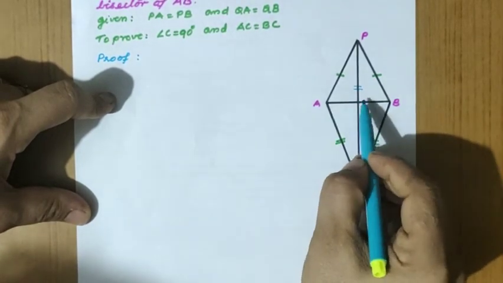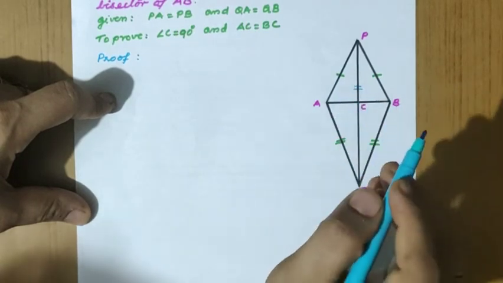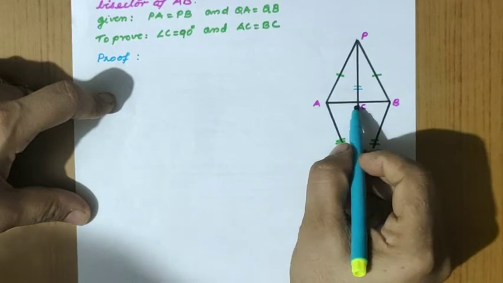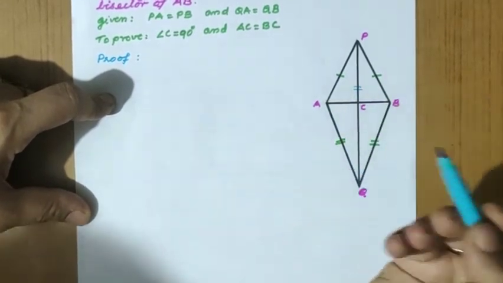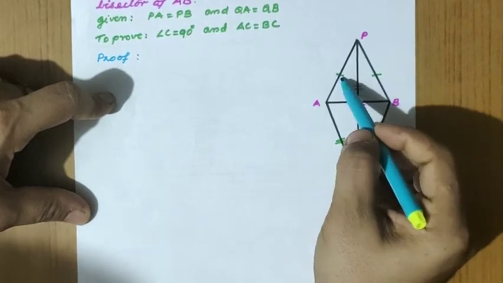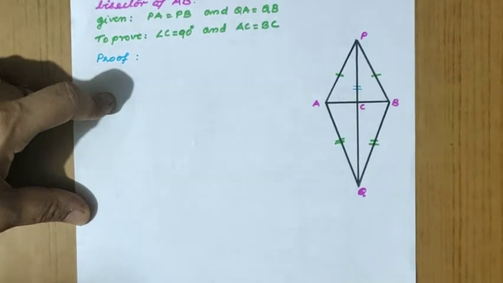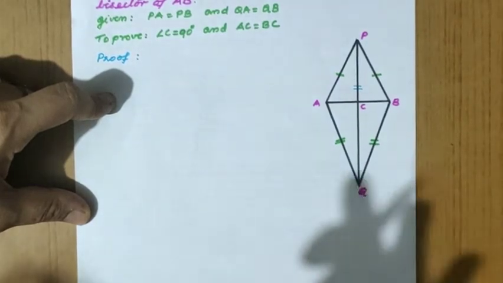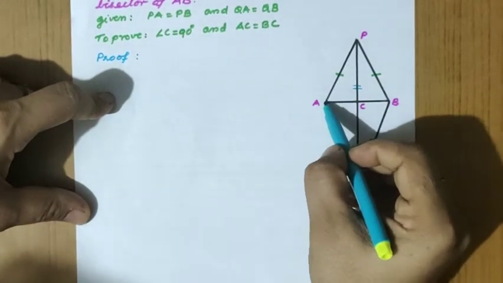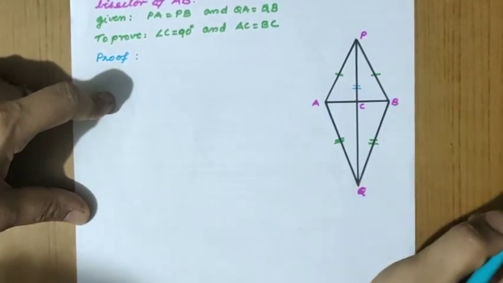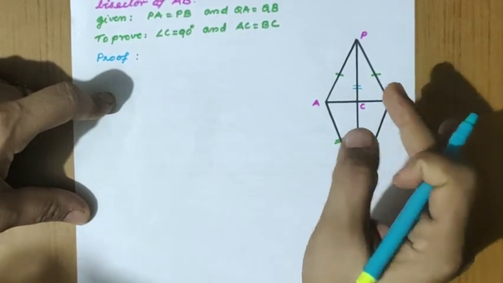Understood? In ACP, we will only get two equal sides, and for the third equal side, it is not possible, that is to be proved. So angle is the only possibility. If two sides are taken, then we should get the included angle. That we don't have any idea about based on the question. So we cannot go for ACP and BCP. Understood? The triangles ACP and BCP we cannot go for directly.